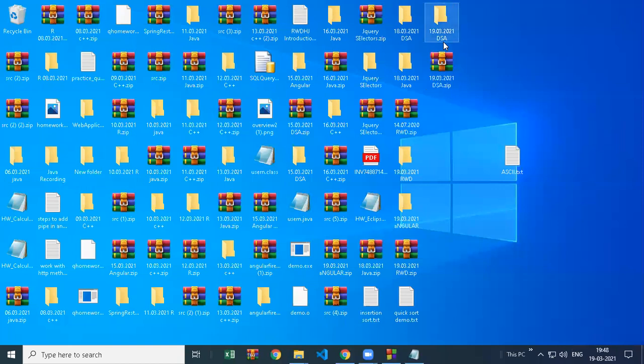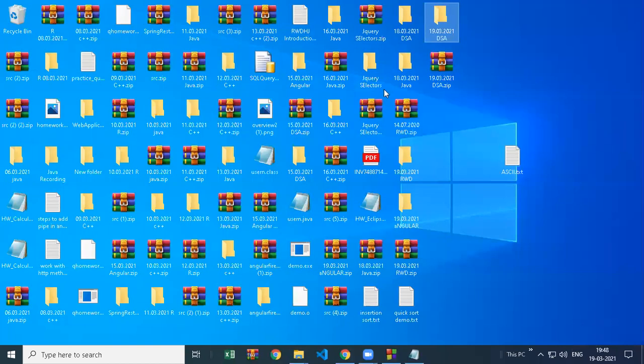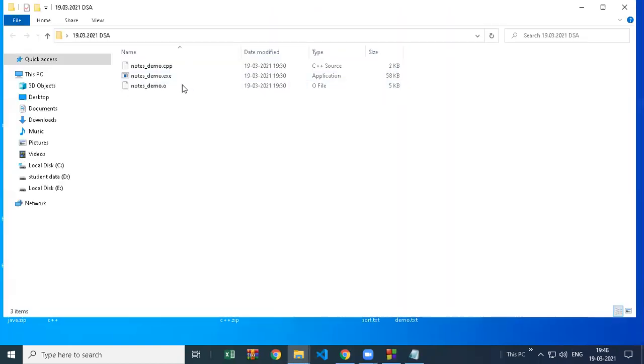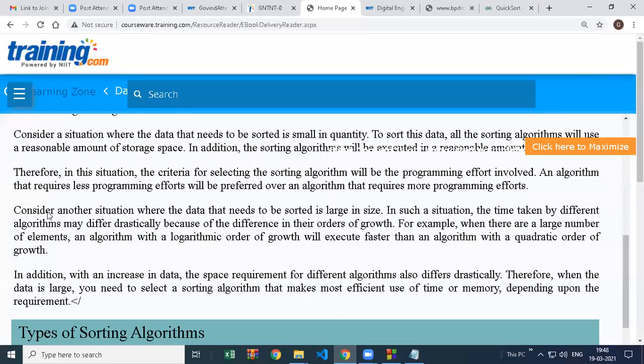And if you want your folder to be accessed faster, don't zip it, but the memory will increase then. So you have to trade off between these two situations now. Sometimes this situation occurs. Read this passage and let's understand.